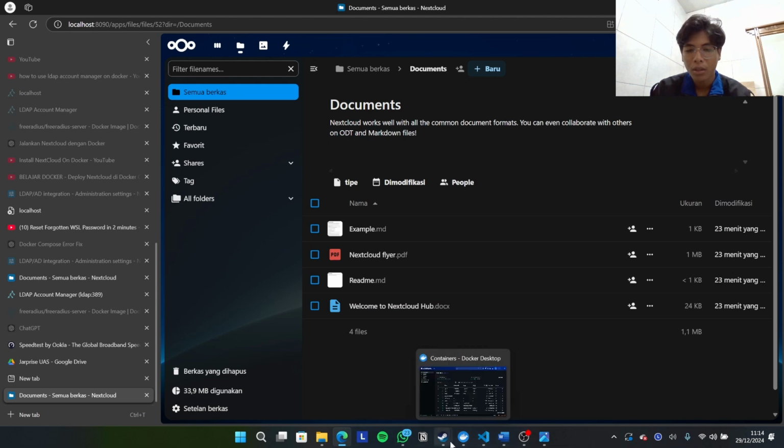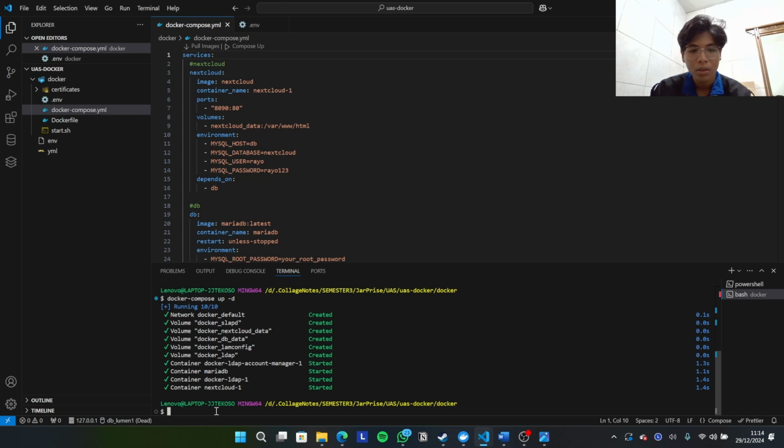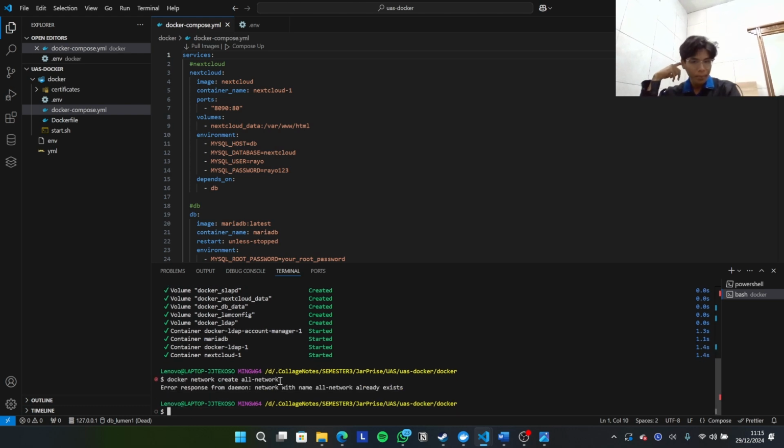How to do it? Open your VS Code. We can type docker network create and the network name you want to use, for example, on network. Okay, then click enter. Oh, sorry.